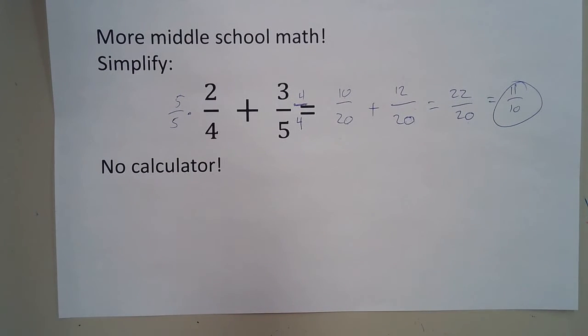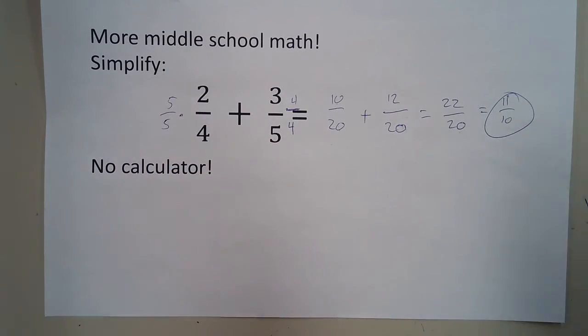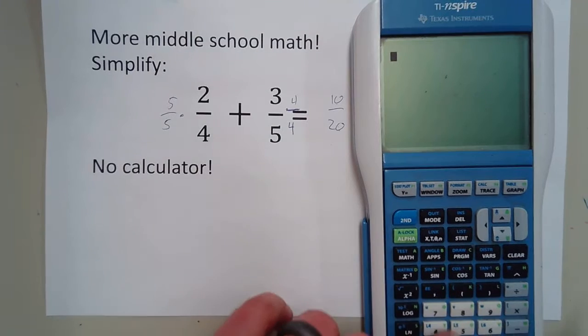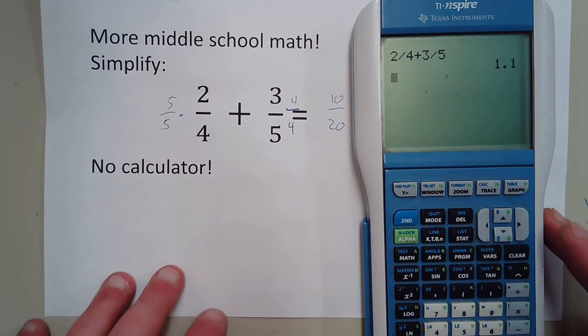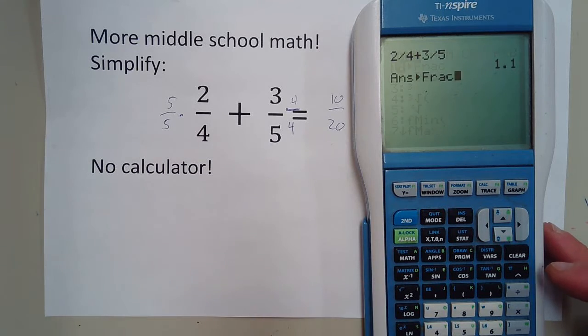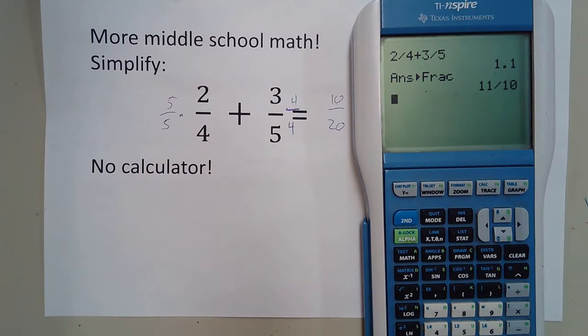Okay. Now, I think a lot of you with this type of stuff probably rely on a calculator, which is fine. When you're doing stuff that can be done faster or simpler, you take a calculator and you're like, what's 2/4 plus 3/5? And you're like, oh, it's 1.1, or turn it to a fraction, it's 11 tenths. Obviously, we can see it's the same thing. And more than likely, this is how you do a lot of fraction problems because you have this tool that